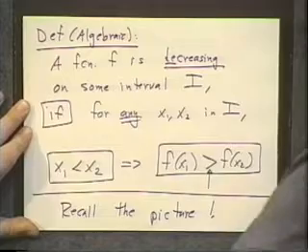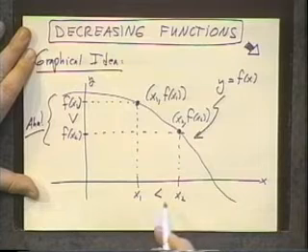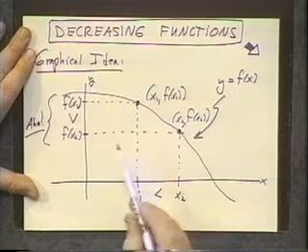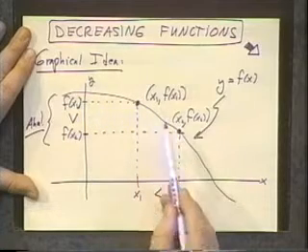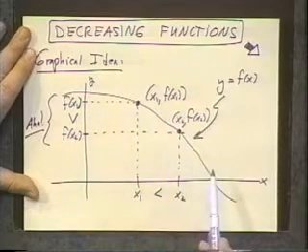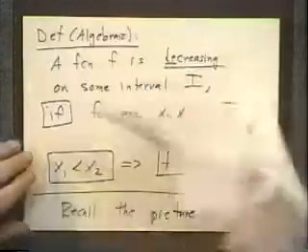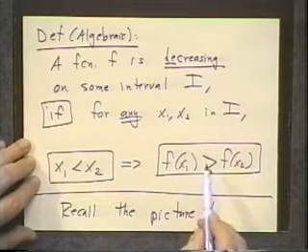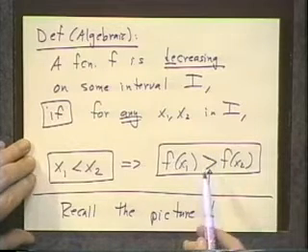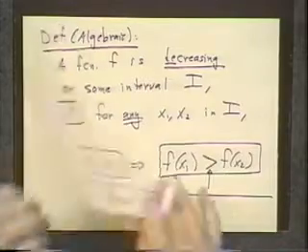you have no trouble. Here is the picture we just looked at for decreasing functions. As we move from x1 to x2, from left to right, notice that f of x1 is the higher one because you start out high and you end up low. That's what decreasing means. So there's no way possible to make a mistake here if you understand the picture. Here it's very easy to make a mistake because the only difference between this and the previous definition is the direction of this inequality. So if you connect this with a picture, you'll have a better chance of memorizing it correctly. And just to throw in a couple more decreasing pictures like I did before,